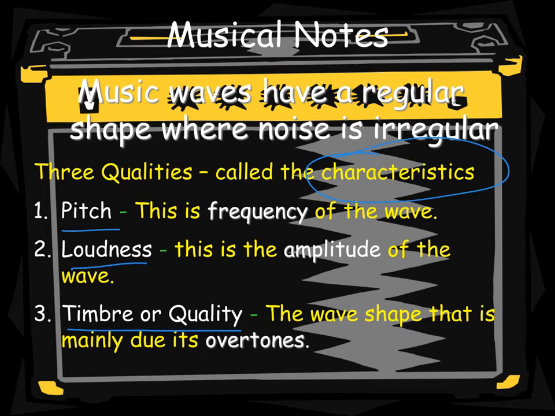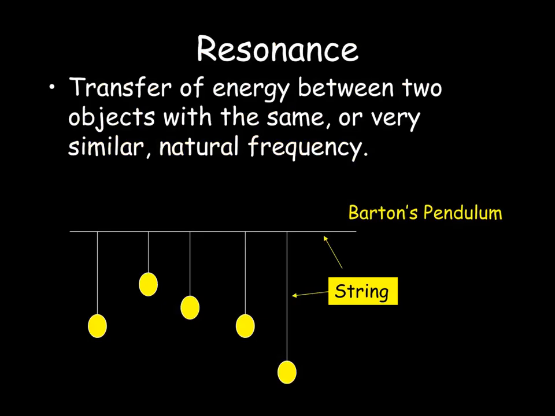So pitch is frequency. It's the frequency of the wave. Loudness is simply the amplitude of the wave, and quality is the number of overtones or harmonics present. But that's the characteristics. Learn, learn, learn. And we have resonance, and I've written about Barton's pendulum, though I only include this in case